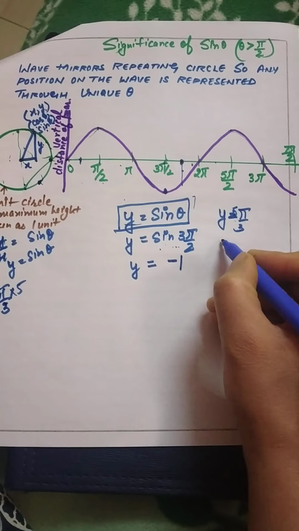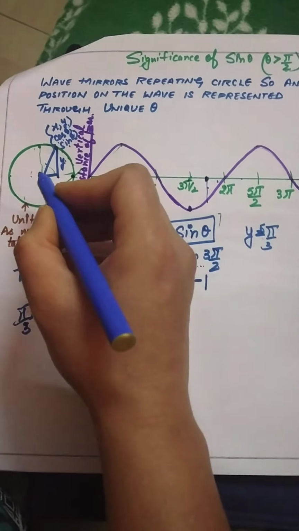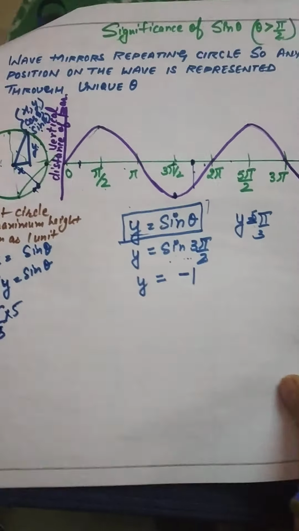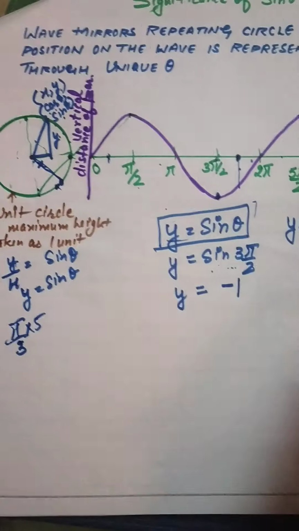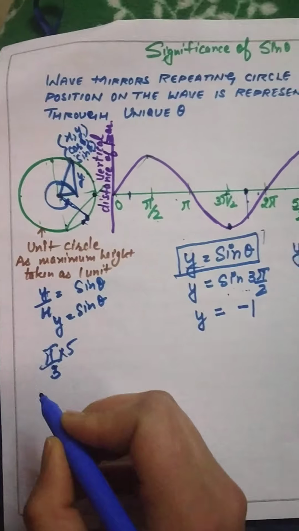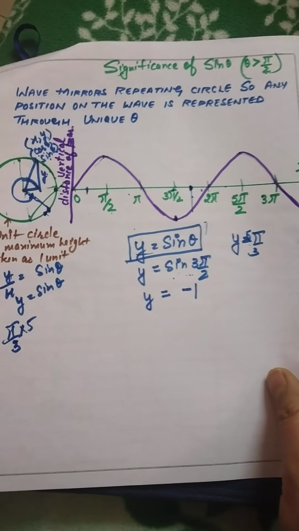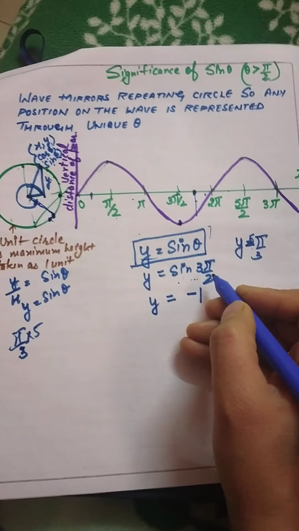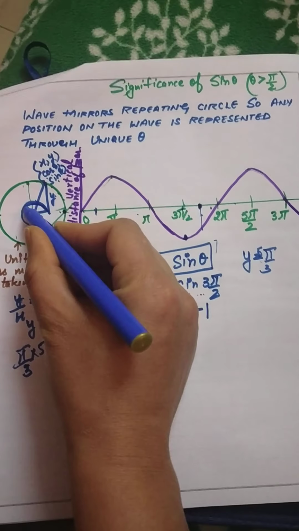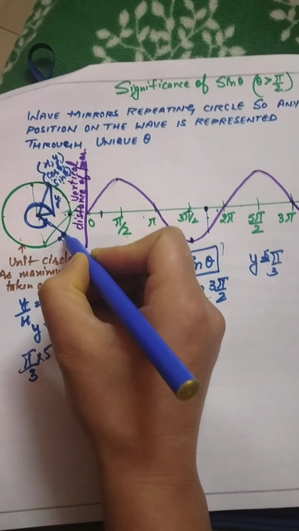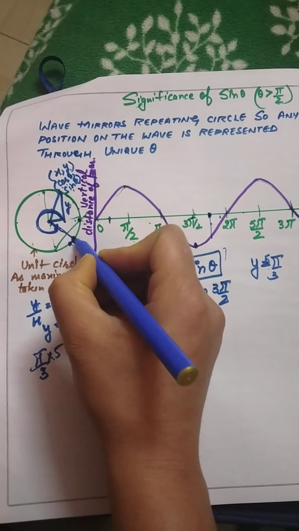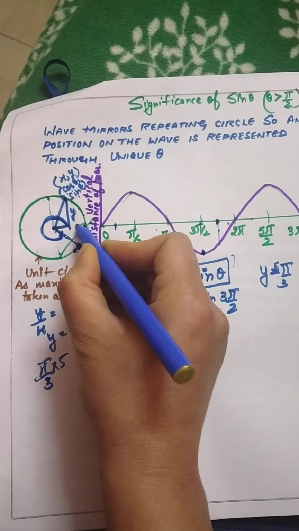5 pi by 3. So if we say here is angle 5 pi by 3. Okay, suppose this is the angle 5 pi by 3. You know which angle is this? This is 5 pi by 3. Okay, now if it is 5 pi by 3, the 5 pi by 3 has been used to locate the position of the point. This is the particle. We are talking about this particle here, and we have to find out its amplitude, means what's the vertical height of it. So its vertical height is this.